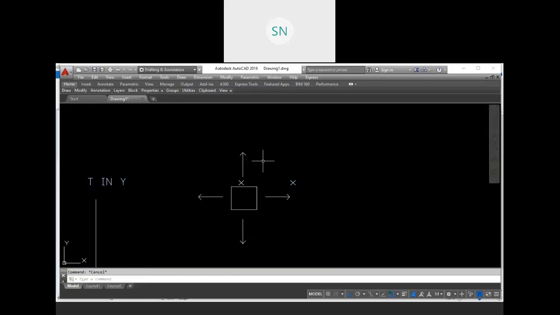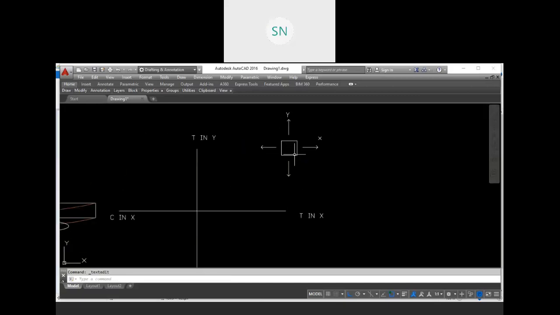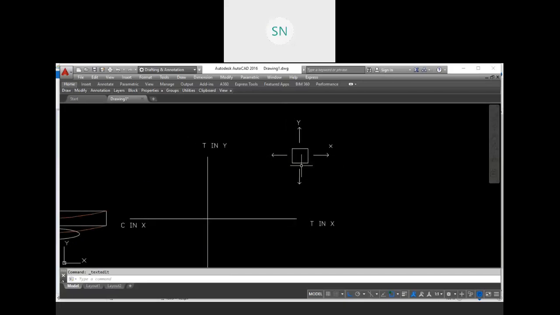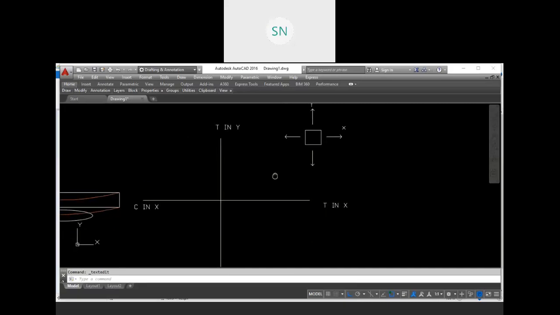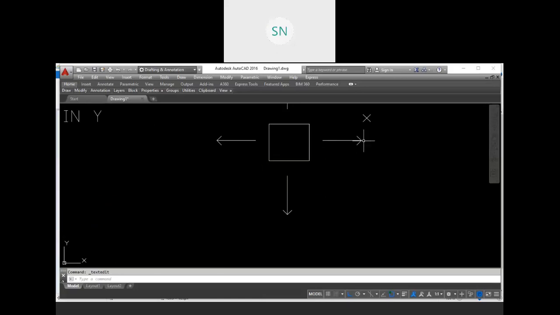Understand this carefully. This is our concrete block of certain dimension. We put this block in our universal testing machine and compress it from the x direction.